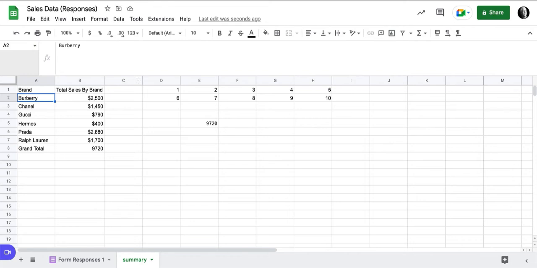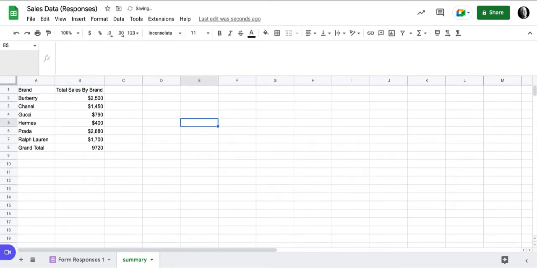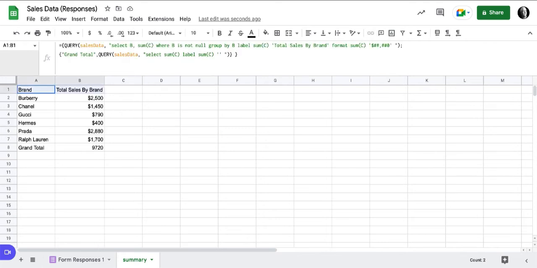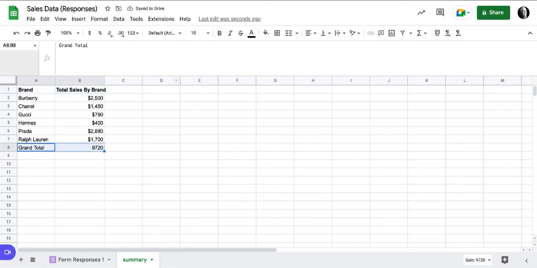So what you can see as I build something like this, I can get rid of this and I can get rid of this. If I was making this into a summary page, I might decide to clean this up a little bit, maybe put a little chart in there. But so I might do something like this. Go ahead and make this bold, and maybe make this bold. And